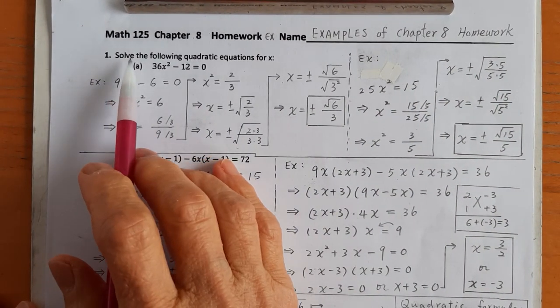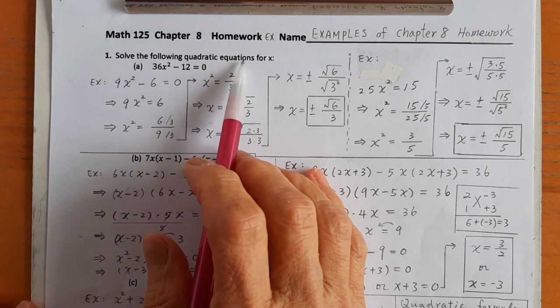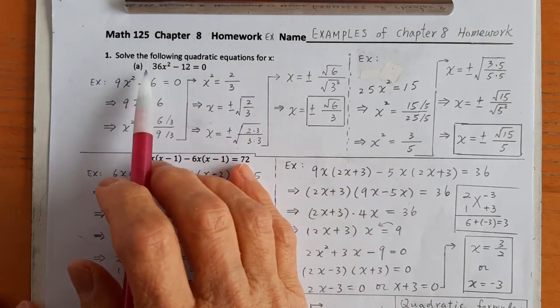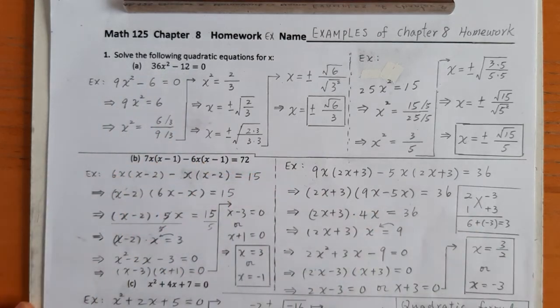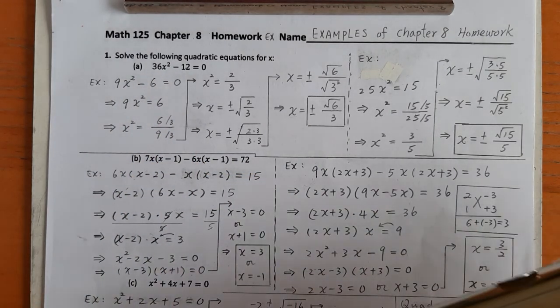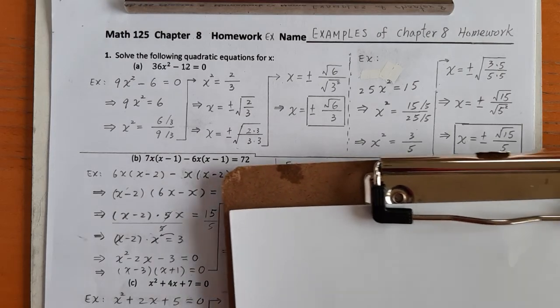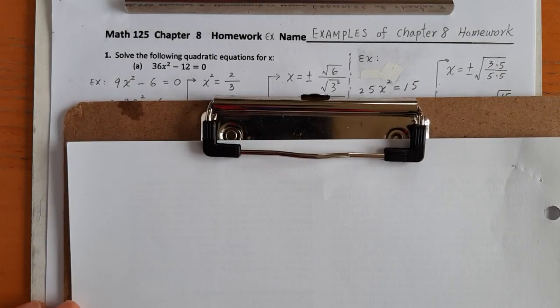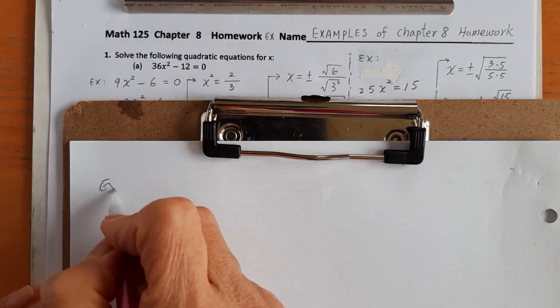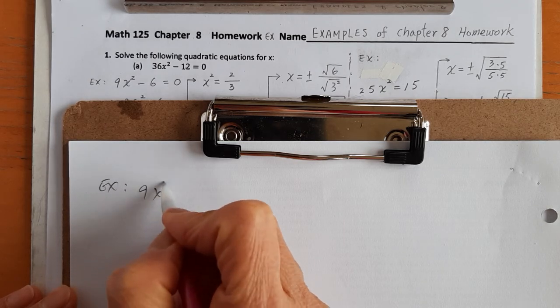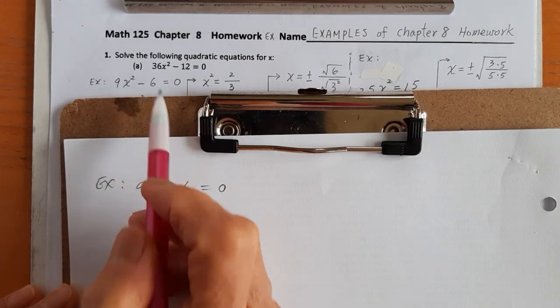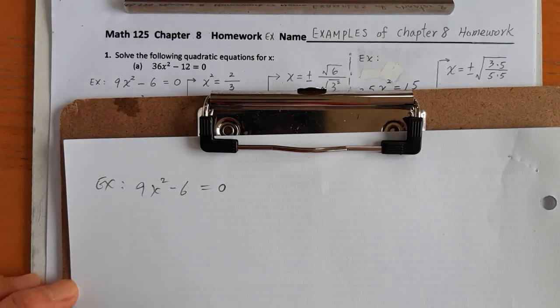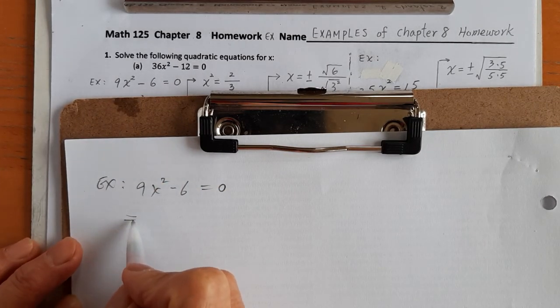First question, solve the following quadratic equation for x. A, this is 36x squared minus 12 equals 0. It's your homework question. So my example here is 9x squared minus 6 equals 0. This one, solve for x. So this question you can do,